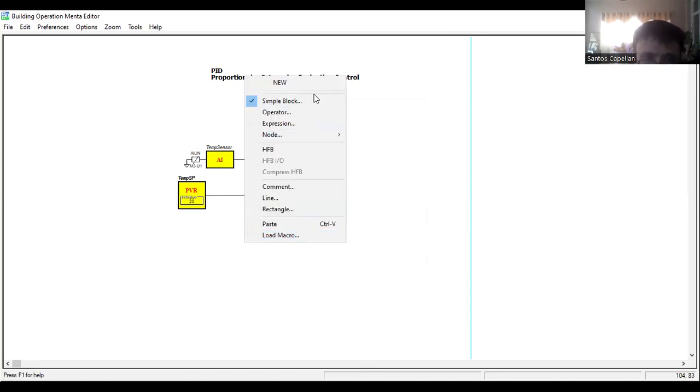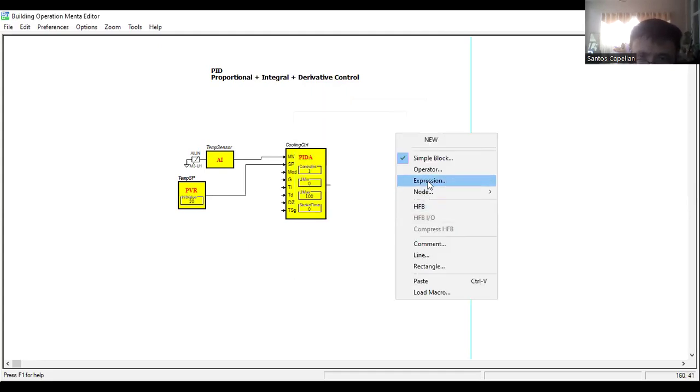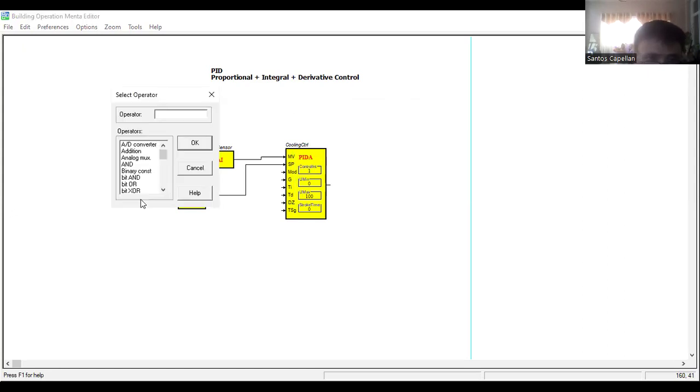Then my mode. For simplicity, I will just use here. Right click again. Operator. So we can use binary constant. No, not binary. Integer constant.